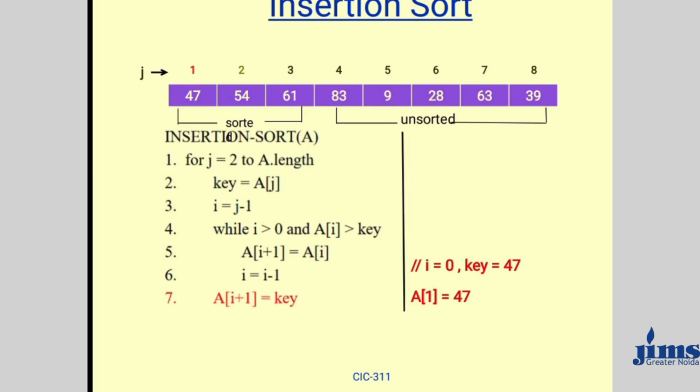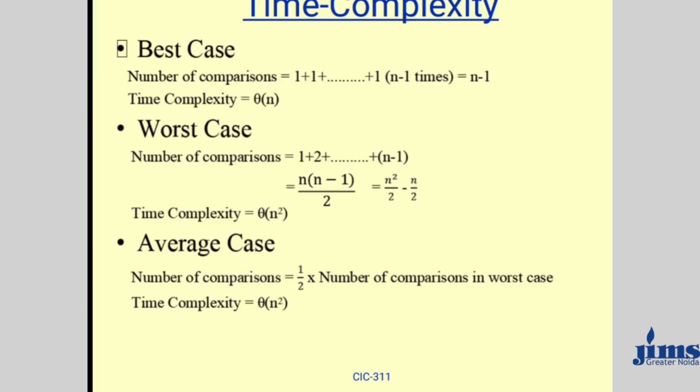Why so? Because 54 is smaller than 61, so it is automatically guaranteed that the value to the left of 54, that is 47 in this case, will also be less than 61. So 47 will not be compared with 61 if the values are already in sorted order. So if the insertion sort input is given as an already sorted list, only the last n minus 1 values, leaving the first one, will each be undergoing